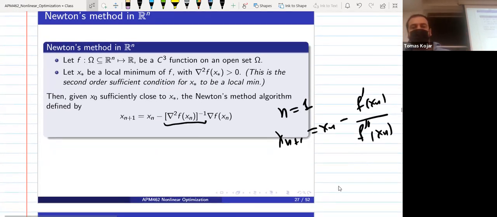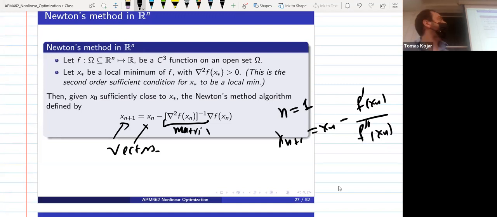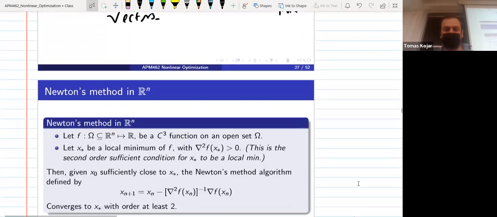So this is very complicated, right? This is a matrix. And it's times its own gradient. So this is a vector. So these guys are all vectors. All right. Now let's talk about the